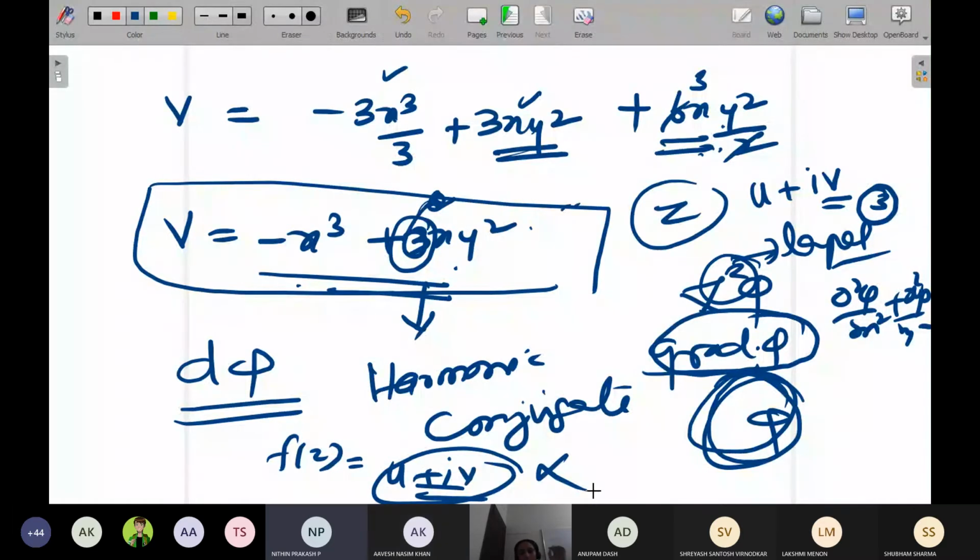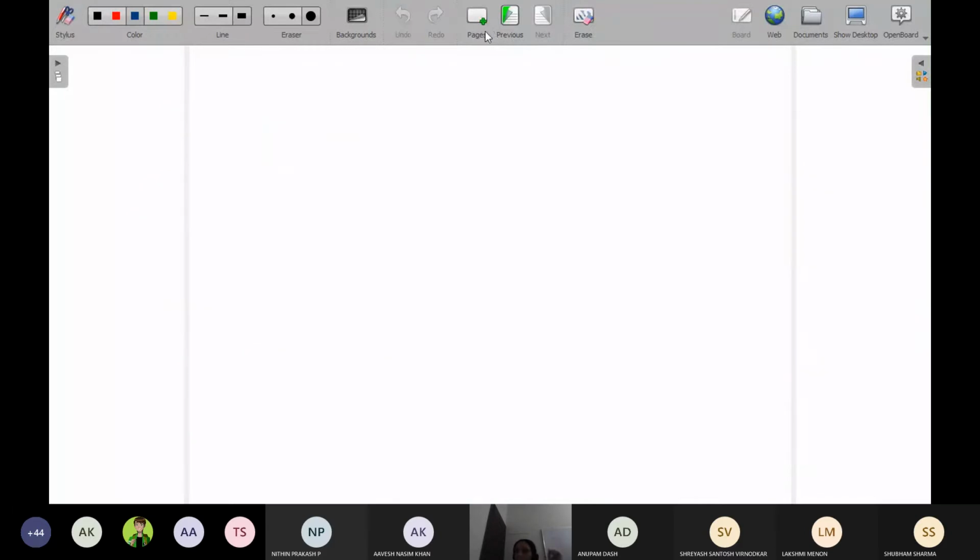Let me tell you. See, you are confused because you are not good at calculus, I guess. That's the problem. That's why I gave you this example. D pi you are finding, grad pi you are finding. From the grad pi, we find the scalar potential pi. You remember this in the calculus we did. You would have studied calculus, right?